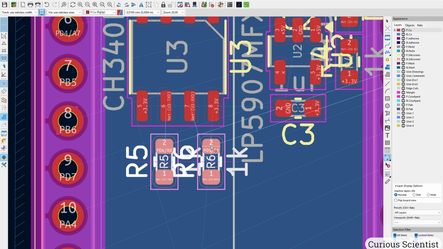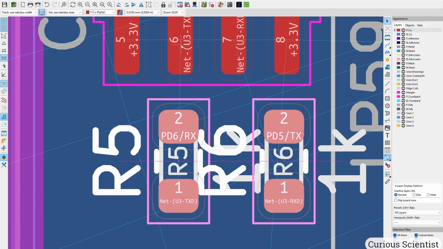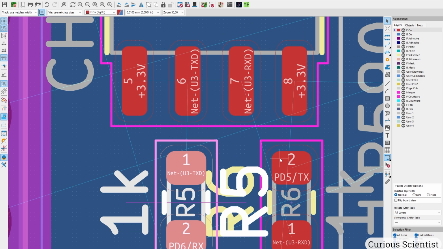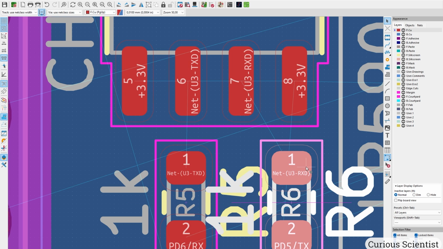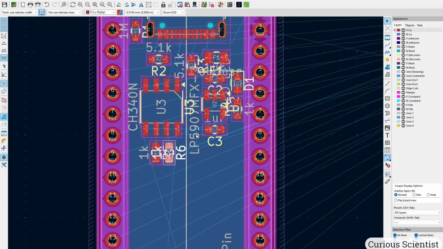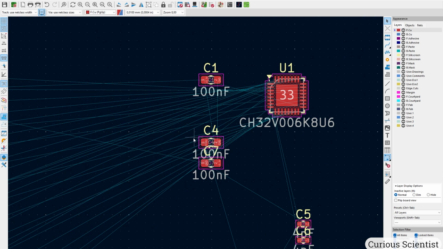the microcontroller. So I just put them roughly here because you can see that the auto routing wants to route them this way. So this is TX, as you can see, and this is RX. So now it's also correctly rotated. And then I'm missing a capacitor, and that should be a 100 nanofarad capacitor,